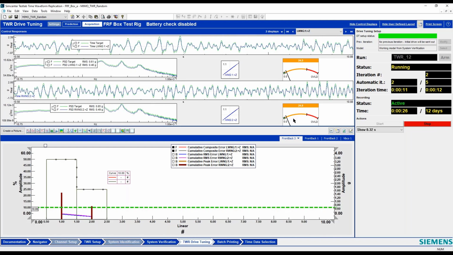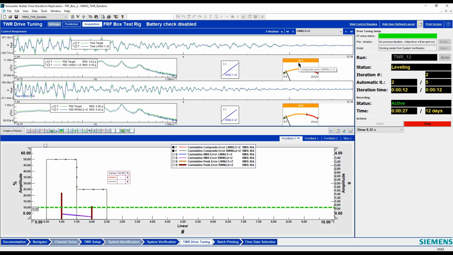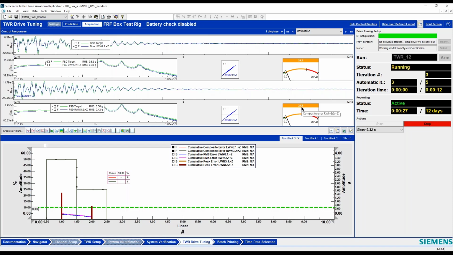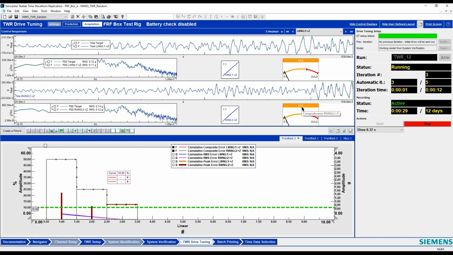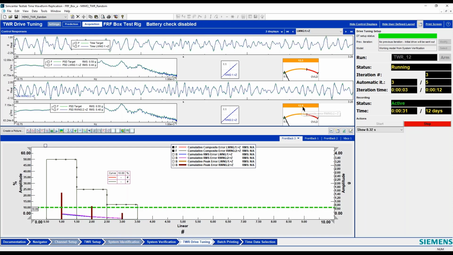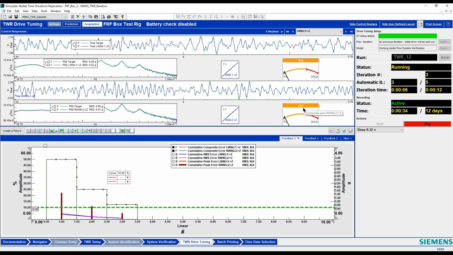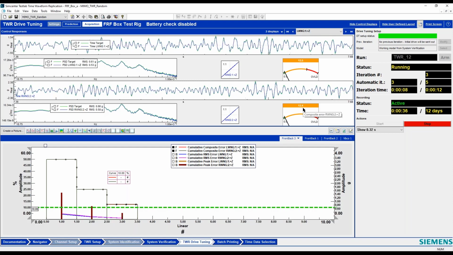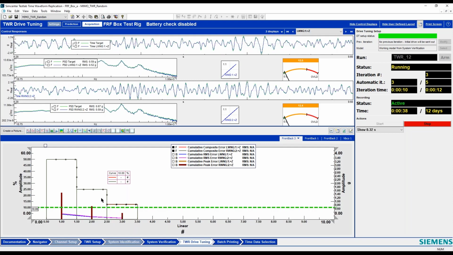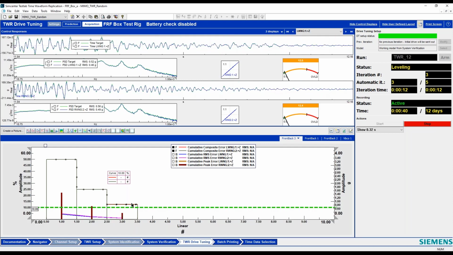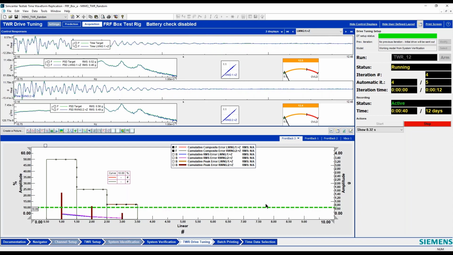So you can see the error was at 50% here, and now it's down to 25%. So it's correcting the error, but it's gradually correcting the error. So it went from 50 to 25 to 12. And you see how it's plotting that down here. So I'm still not below my 10%. So I iterate one more time.